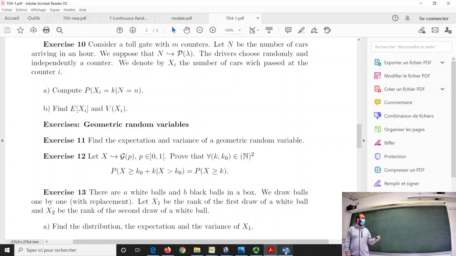So it's not true in general, this. It's true when I work with a discrete random variable taking values in capital N or a subset of capital N. You will see that in the case of continuous random variable, we will do exactly the same exercise for the exponential distribution. It will be a little bit different because we don't have such a property in the case where you take a continuum of values. If you take values between 0 and K0 and K0 plus 1, my argument doesn't hold. Okay? So here it's because I am in the discrete case.